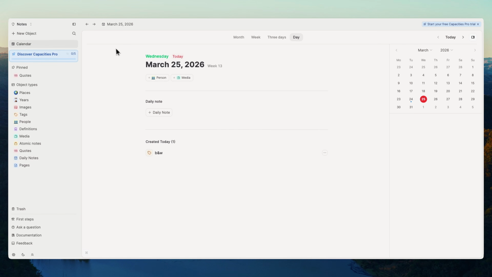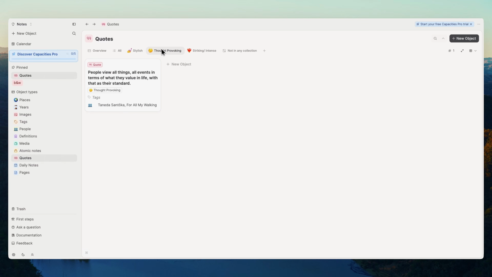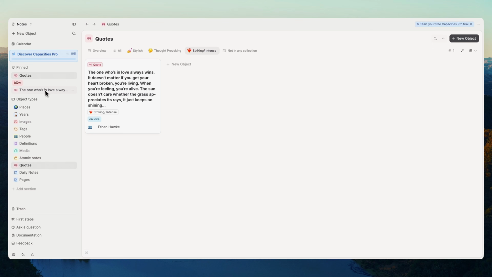notes, right? So I can pin this tag if I wanted to, and that would be here. I can go into, like, let's say there's one specific quote that I want to have all the time because I love it so much. As a reminder, I can pin this to the sidebar, and then that way it's always in there. And you can pin things into specific sections. So, like I mentioned earlier,